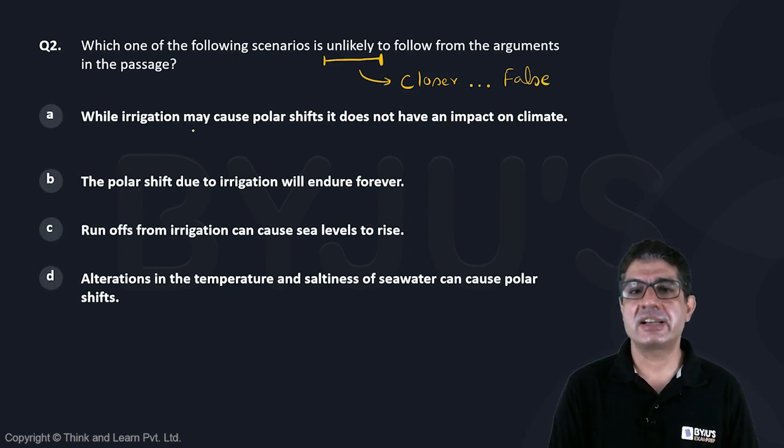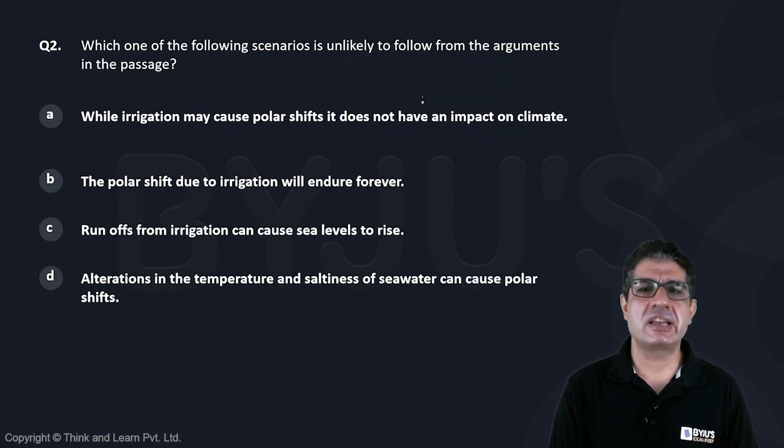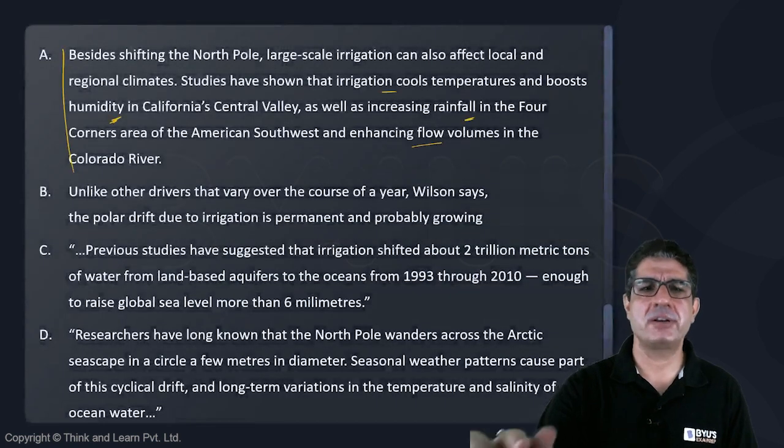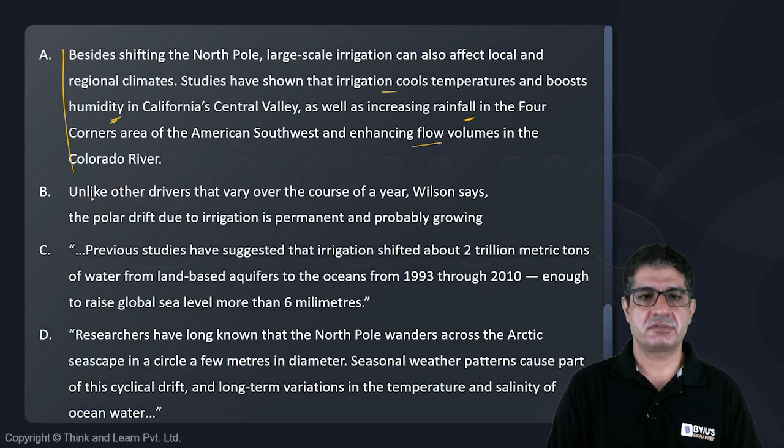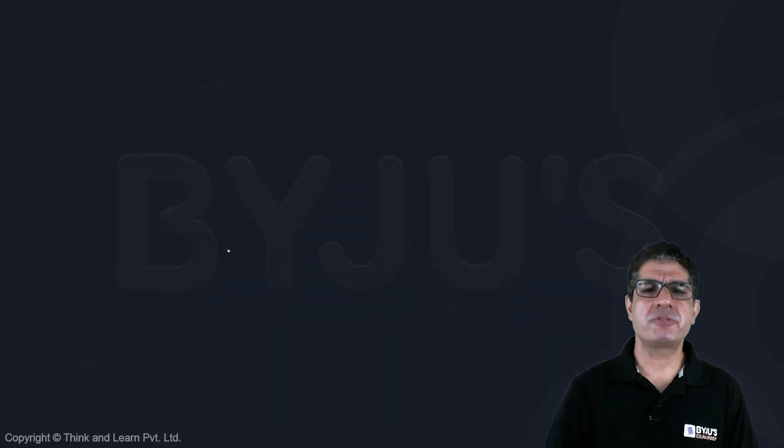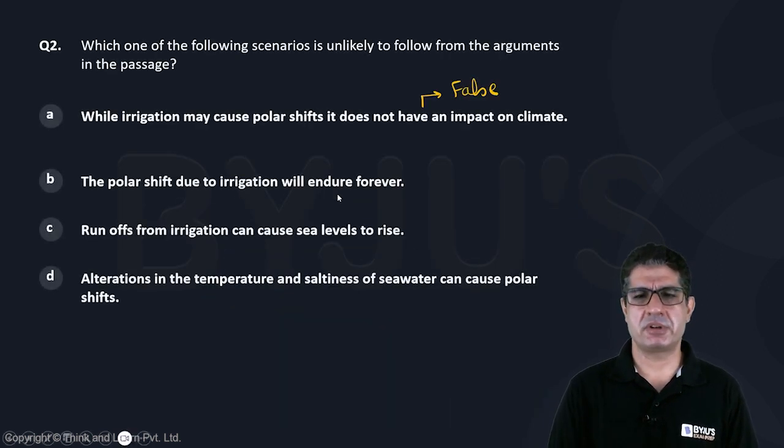So to say that irrigation does not have an impact on climate, but that is very clearly false. Okay, B, the polar shift due to irrigation will endure forever. Once again, let me take you to the relevant part. In the passage, we are given this line: unlike other drivers that vary over the course of a year, Wilson says the polar shift due to irrigation is permanent. Because the polar shift is permanent, and another way of saying permanent is that it will endure forever,